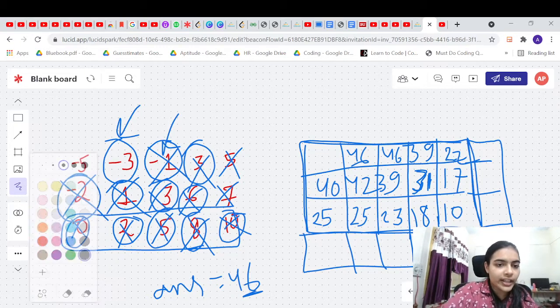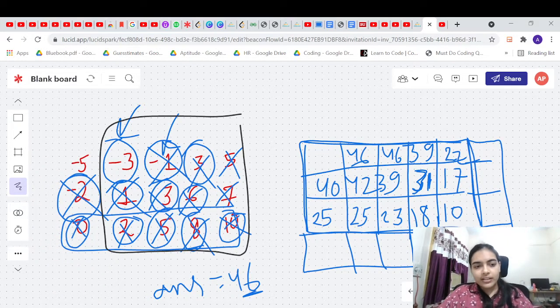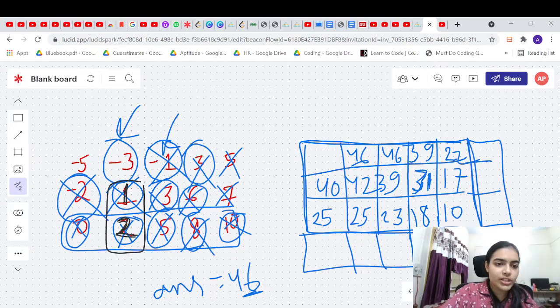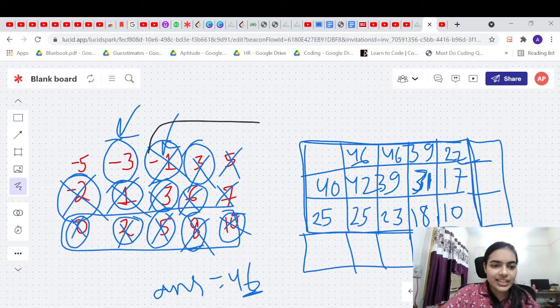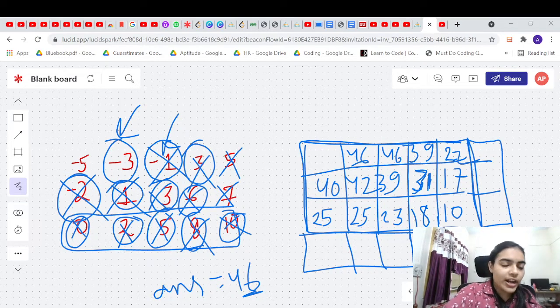That means if you are bombing either this region or this region, the answer is going to remain the same. Why? Because here it is 1 and 2, so here you will be able to kill 3 of the soldiers, but you will also lose 3 of your soldiers. So that is why whether you bomb in this region or in this region, your answer still remains the same. It remains 46. Now let us quickly calculate the last value and then go forward to coding it.